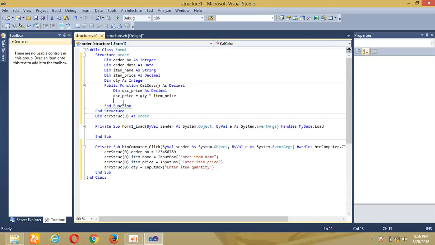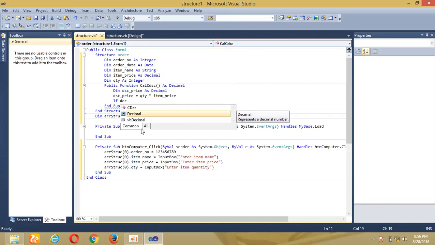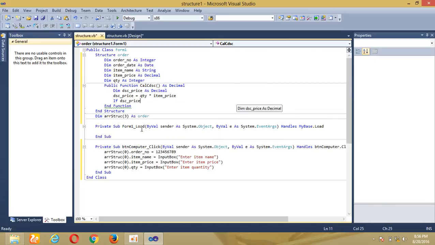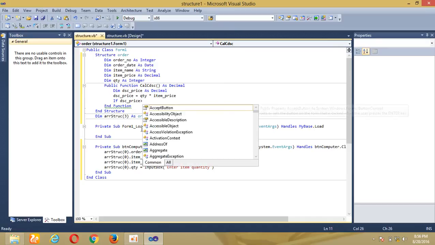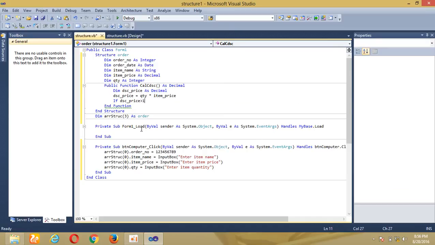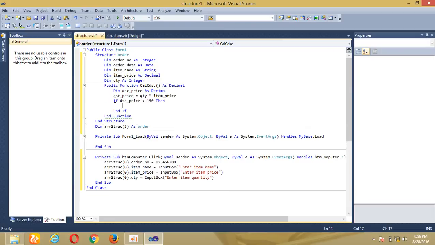Then if this price is greater than 150 rands, then we list another variable here. Say disc amount,